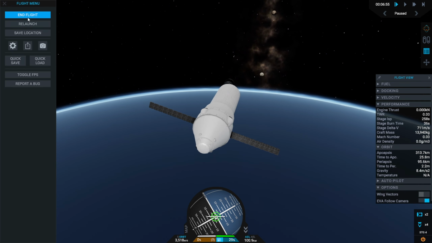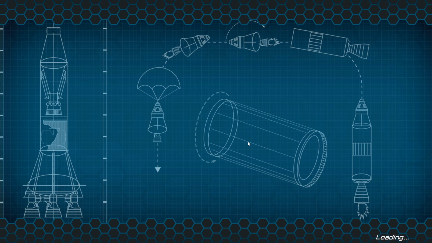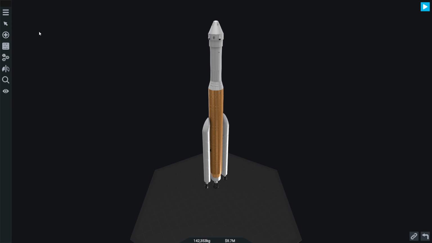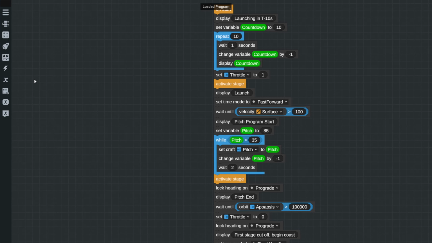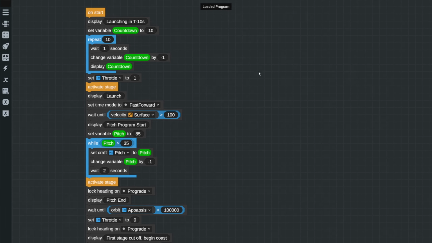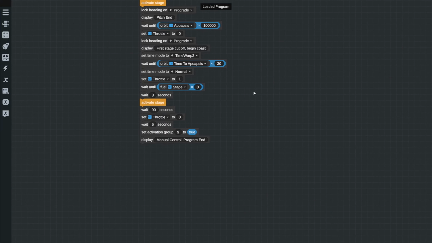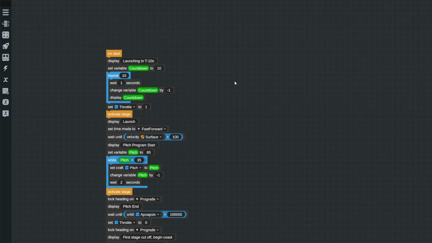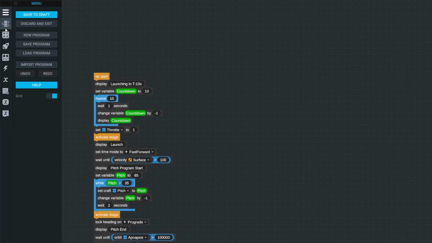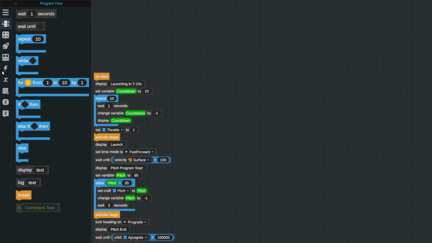So if we just go back into the craft here, I'll show you what it's all about and talk you through the code. Right, if we open the program, here we go. So I'm going to rebuild this alongside this so I can explain what it's all about and how it's done. So if we just pretend that we've got a new